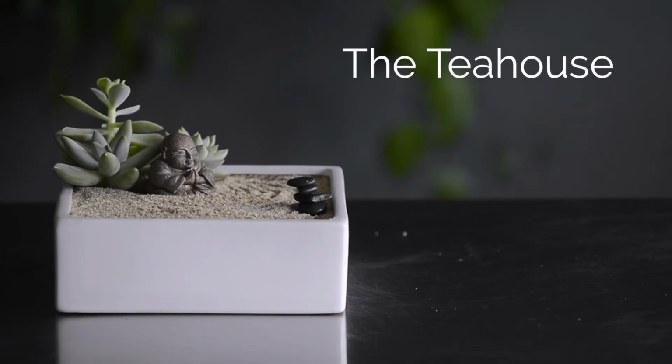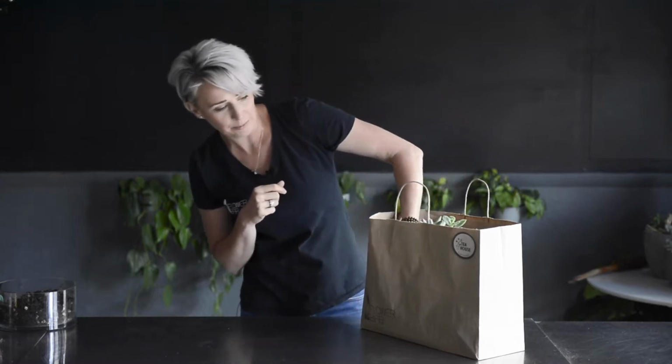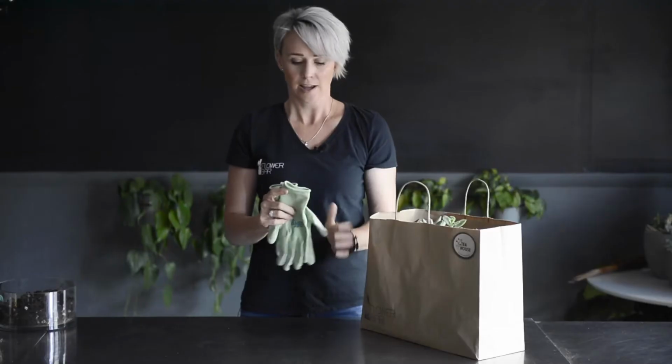It's part of our quarantine collection. I'm going to show you the Teahouse. If you sent that, it's kind of our spin on a Zen Garden. They're super fun. So in your plant project, you should get something that looks like this, and you'll have a